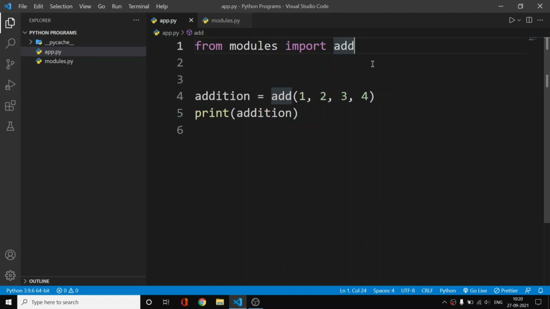So basically what modules mean actually, the file which contains a set of instructions or set of commands or set of functions. Basically a Python file is also called a module. So basically this is a module, a basic file of Python which contains some instructions or some commands or some functions or some functionalities, that is called a module.